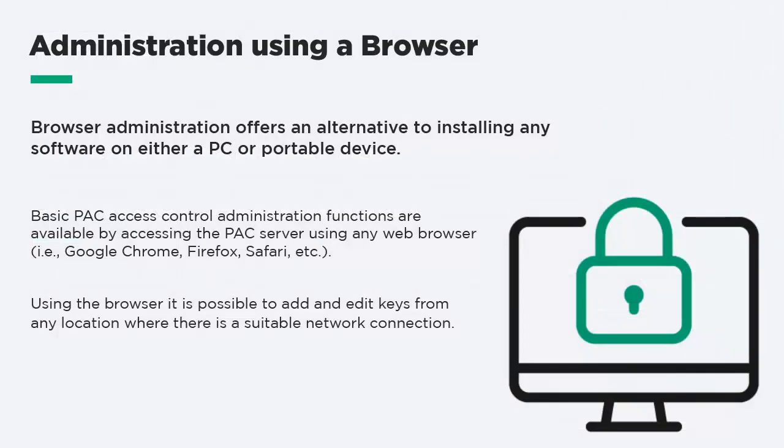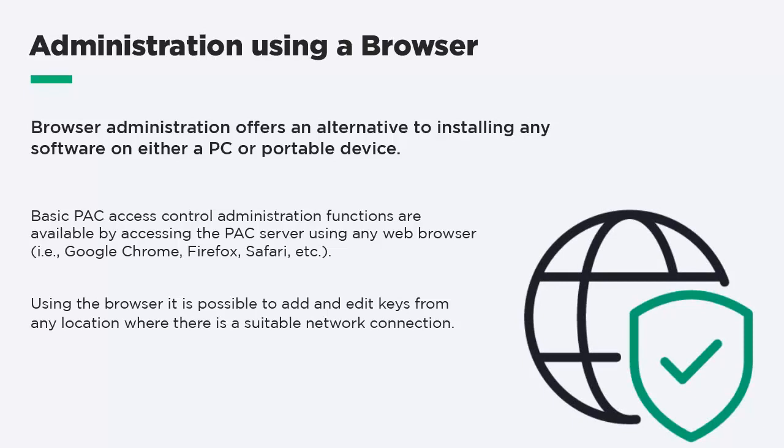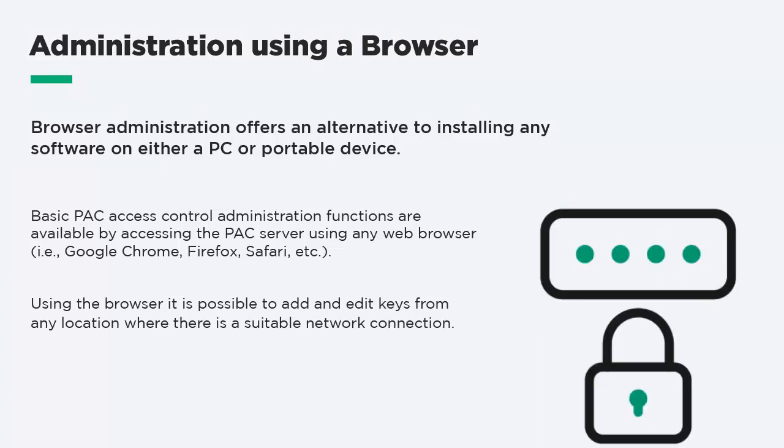Browser administration offers an alternative to installing any software on either a PC or portable device. Basic PAC Access Control administration functions are available by accessing the PAC server using any web browser. Using the browser, it is possible to add and edit keys from any location where there is a suitable network